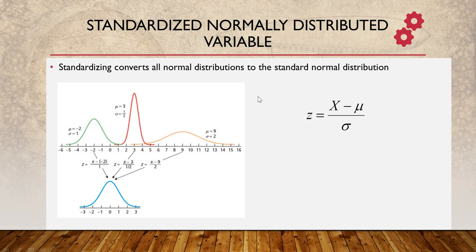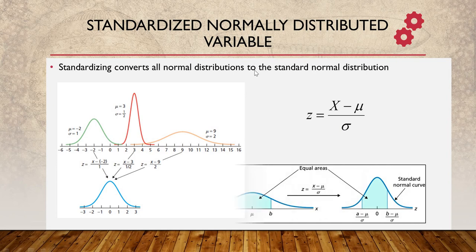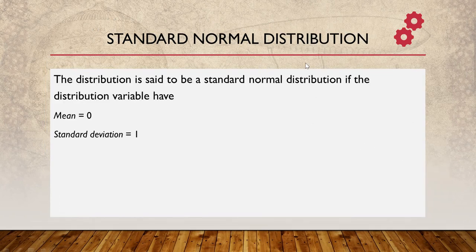The first part is only how to read the table, right? So this is what we will use in order to solve normal distribution problems. When we standardize using this formula, although it looks like a different shape, we will get the equal area. Working with normal distributions means we want to find the area under the curve.